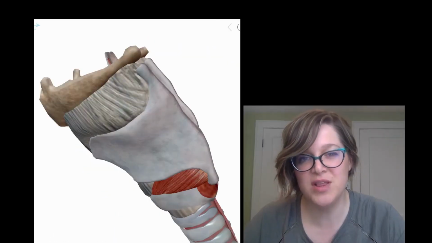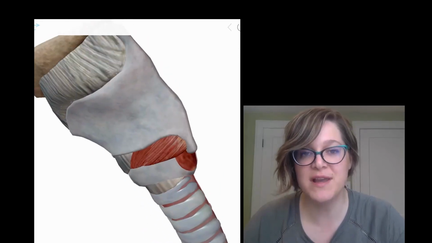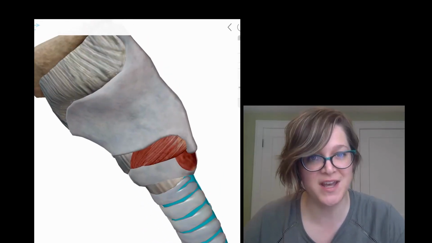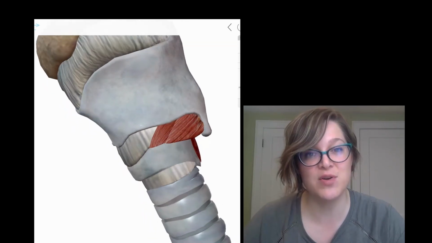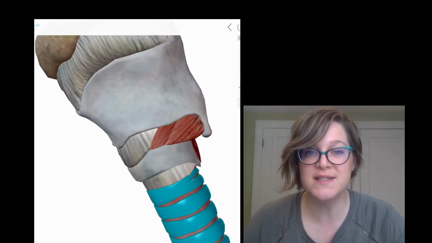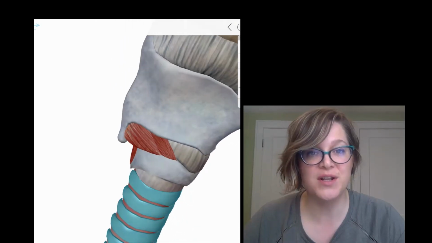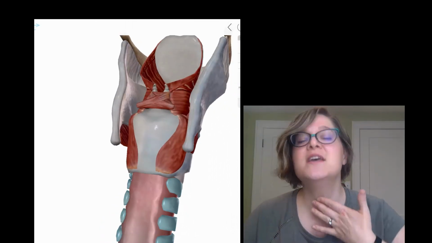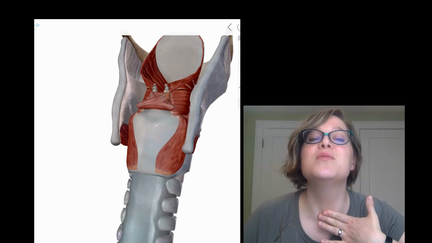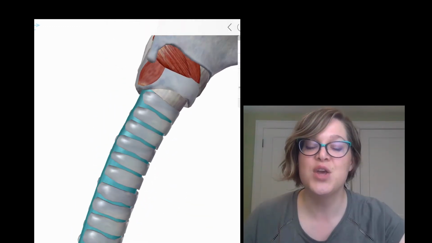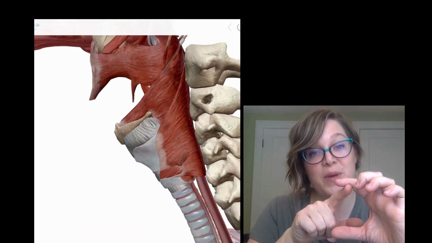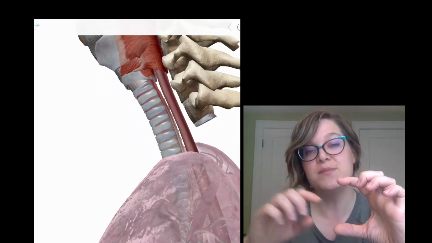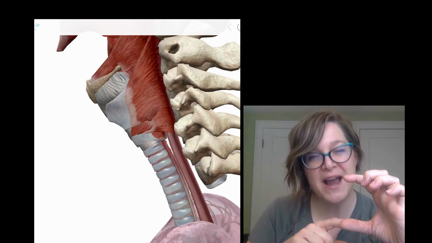Now, when we look at the next step, remember the larynx is the gateway to the trachea. When we look at the trachea and we rotate it around, I want to point out some anatomical features. You'll notice that there are some C-shaped cartilaginous rings around the trachea. You can even feel them if you feel your throat. You can feel these little ridges. What those cartilage rings do is they keep that trachea open. But you'll notice that they're C-shaped, which means that they don't cover the entire back of the trachea, and that